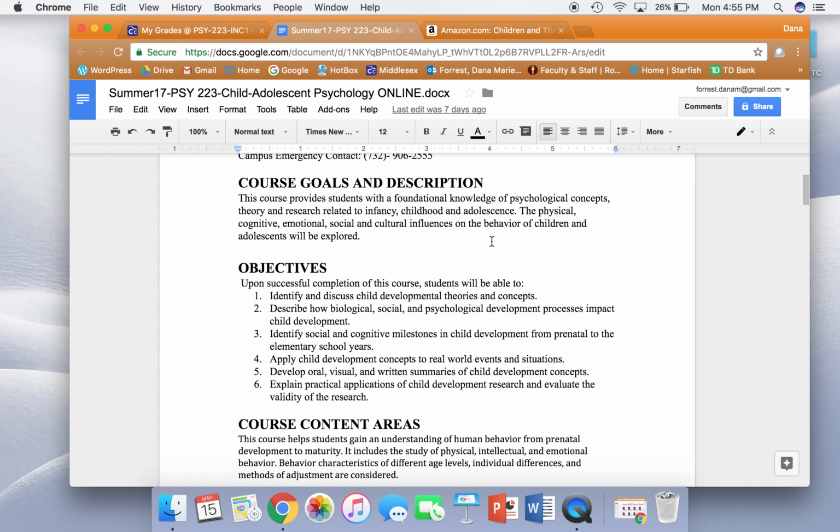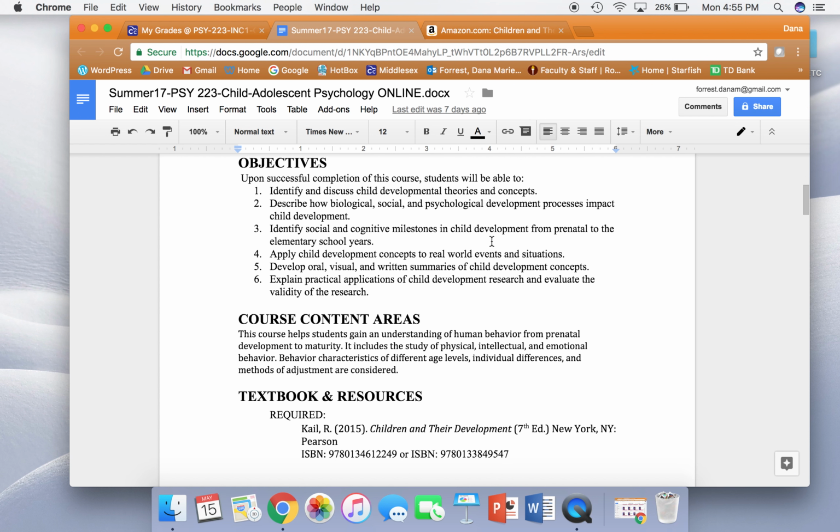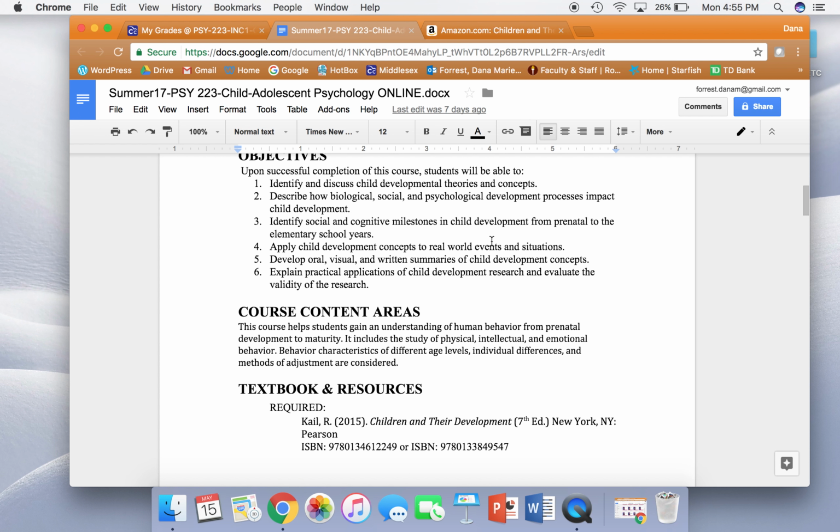The goals, the objectives, content areas. I know this is your favorite part about the syllabus, but these are the things you'll be filling out an evaluation on: did you actually learn these things this semester? The thing with the online course is we don't meet in person, so all of this information you are learning by yourself. I will do some things to prompt your learning, most specifically the assignments. But note that this is on you. You can learn as much or as little as you want this semester. If you're just trying to get a grade, you can do that. If you're really trying to engage in learning about the subject, you can do that too.